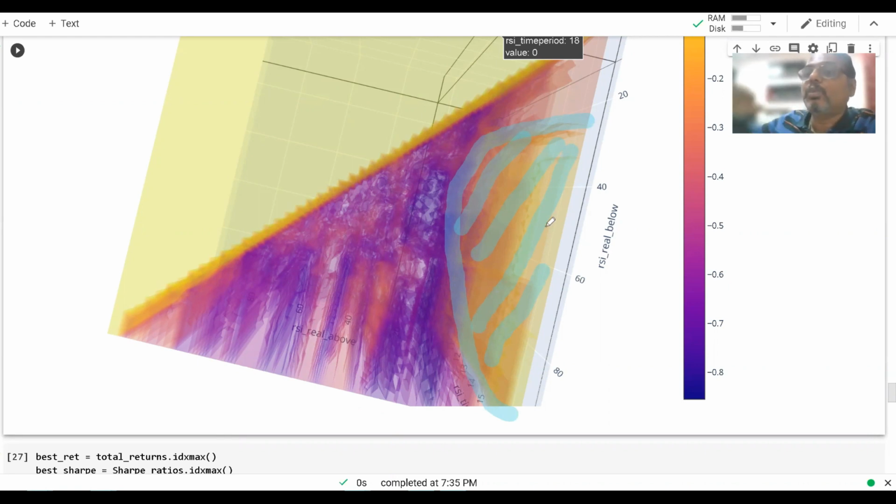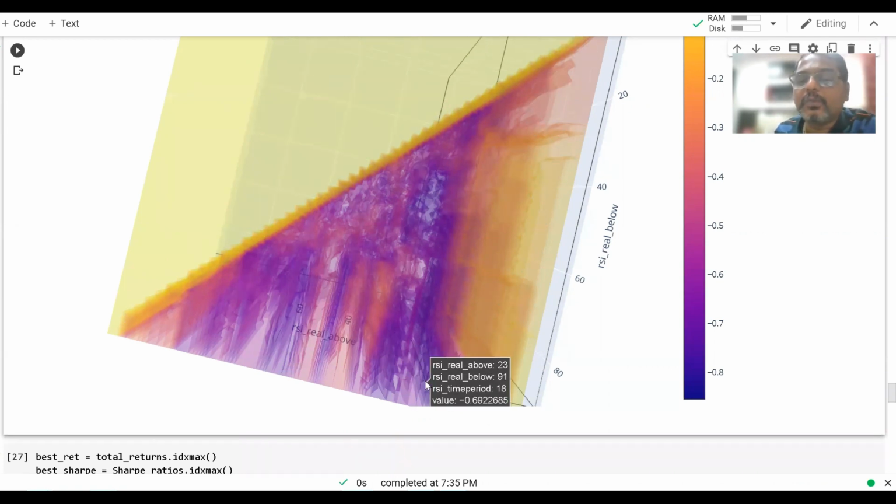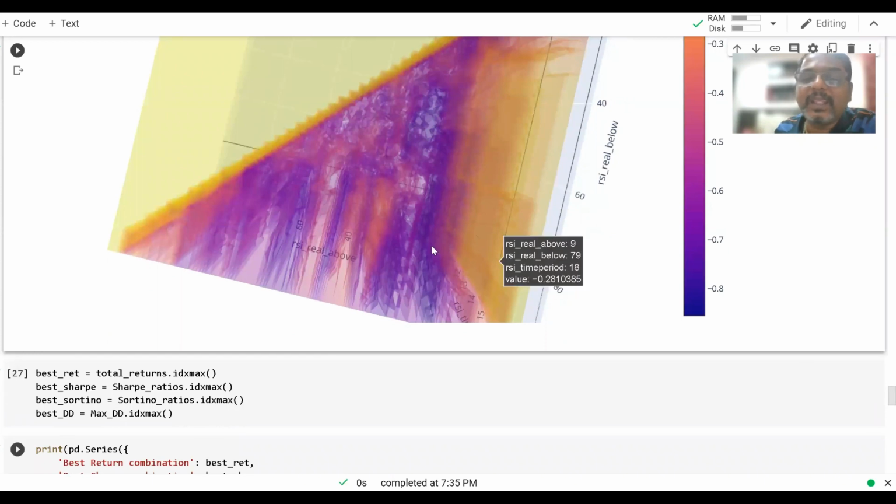So it is going to be a smoother curve, and a smoother curve means fewer losses, because in profits we did not see too much of profits there, right? While the areas which were very high profitability areas, in these areas we are actually making huge drawdowns. Let's look at the amount of drawdown we are talking about. Where we had very good returns, 80% drawdown. I mean, that is insane, right?